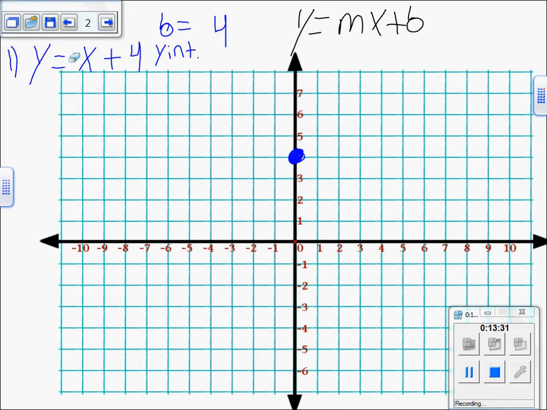Can't say 2, because you multiply by 2, you just double the value. But what if you multiply by 1? If you multiply by 1, that doesn't change anything. So it is safe to put a 1 in front of that x. 1 times x is just x. So there's an understood 1 right here. So now you've remembered, oh, that's right, that's what's in front of a variable if I need there to be something. It's a 1. So that means the slope of our line, or m, I'll label it as the slope for now,